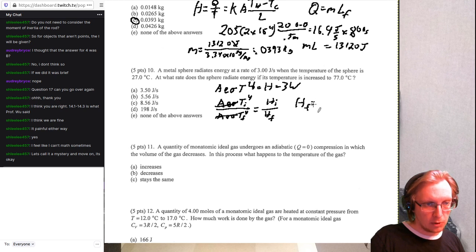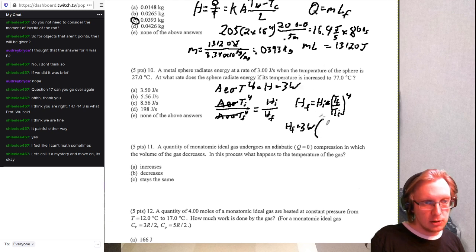HF, the thing we're looking for, is equal to HI times TF over T initial to the 4th power. All right, yeah, good. So that becomes 3 watts